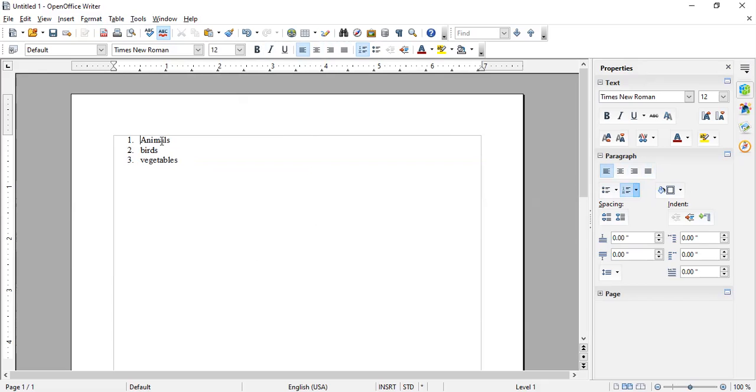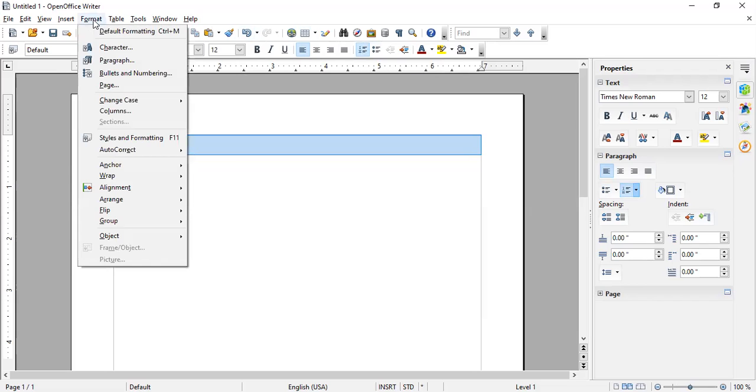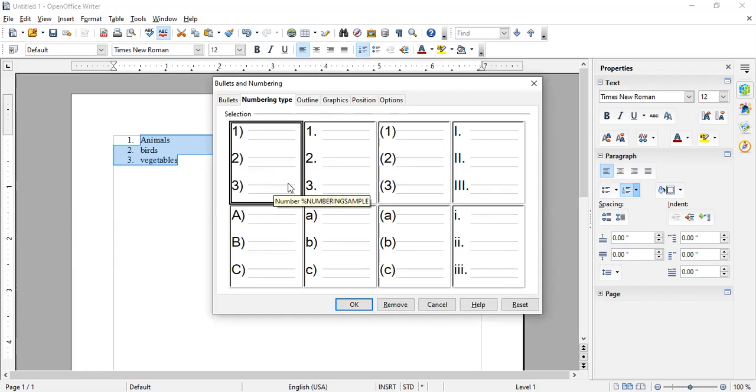Like that only, let us see how to give the bullet list and number list. Bullet list means you should select this particular option. Number list means you should select this particular option. And another way is to go to the Format menu, click on Bullets and Numbering. In that you can select which type of numbering you want and apply that one. Okay, children. Next, let us close this particular window.